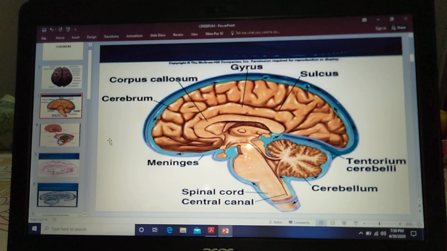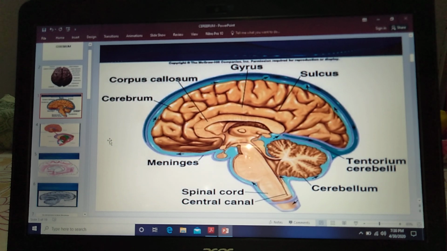The appearance of the sulci and the gyri increases the surface area for the neurons many times without increasing the size of the brain. There is a free flow of information in the central nervous system between the two hemispheres through the commissural fibers, between various parts of one hemisphere through the association fibers, and between upper and lower parts through the projection fibers, right?